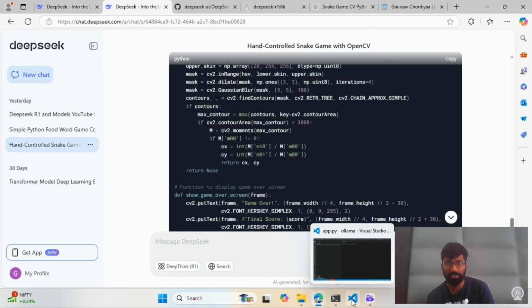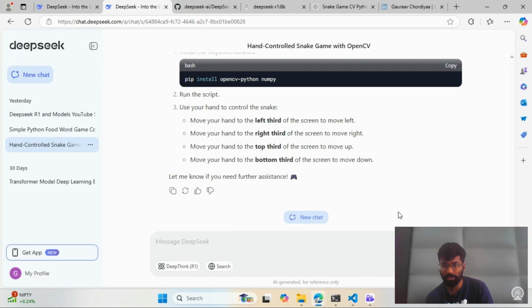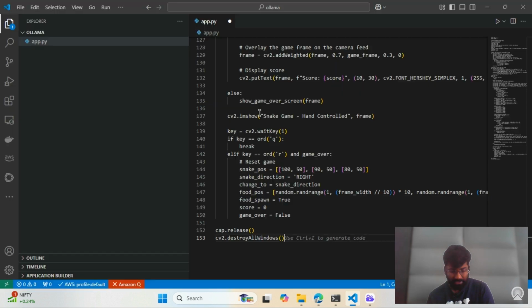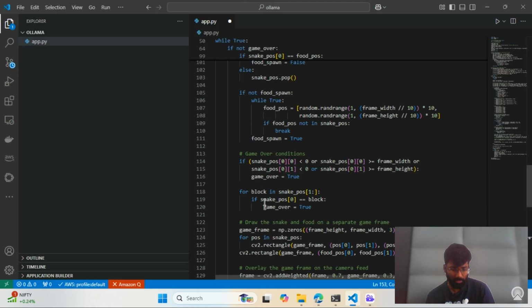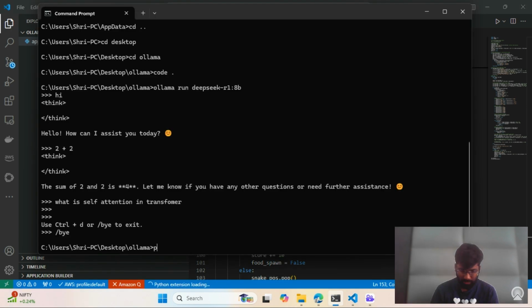So let me check. This is the revised one, or I need to go. Okay, this is the revised one, I think so. And I'll show you how clear the code is. I was surprised that it wrote this code so easily. So let's try Python, and I'll run python.py. So let's